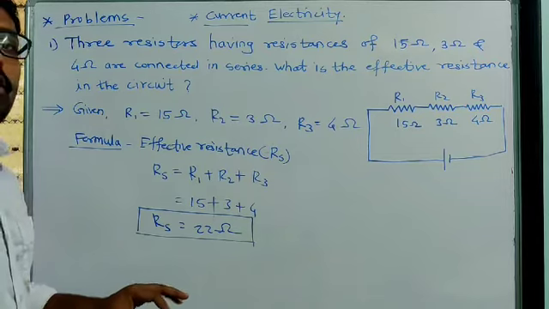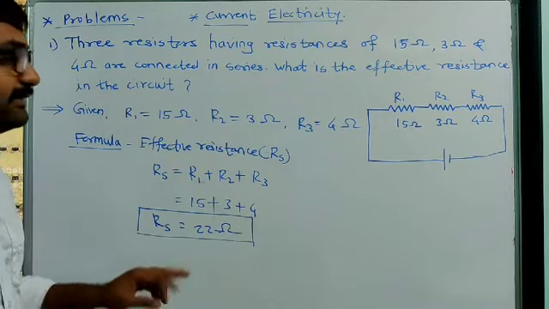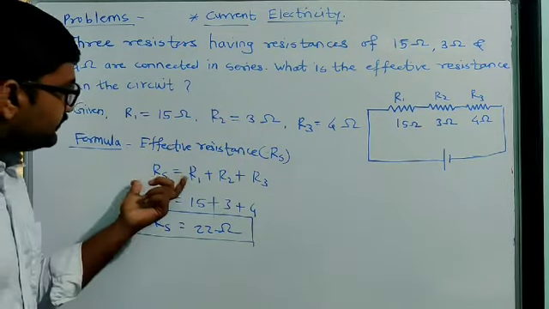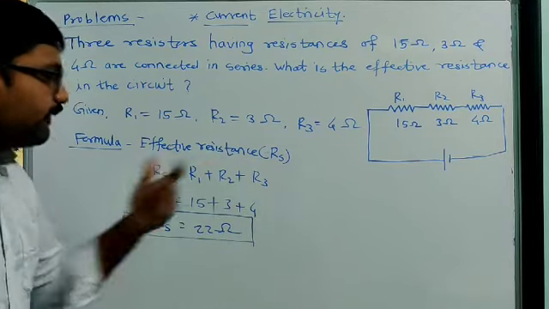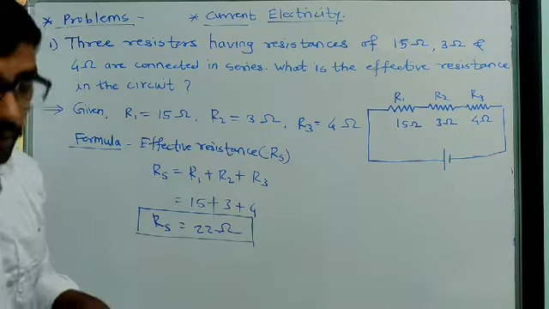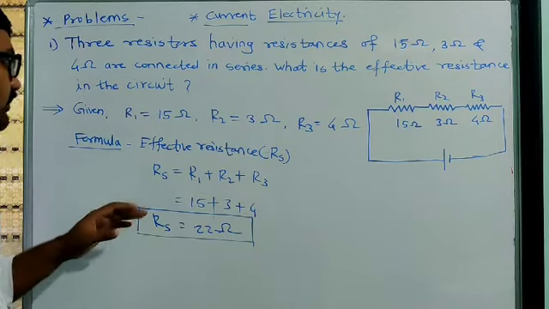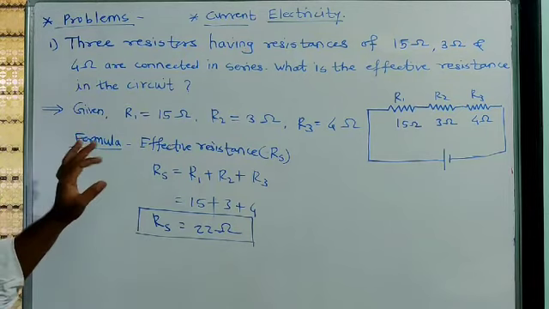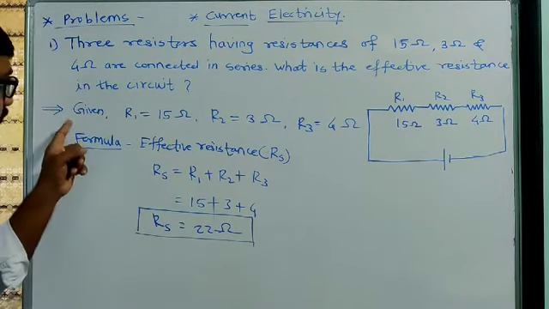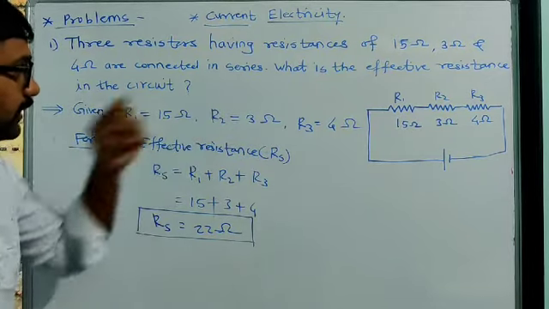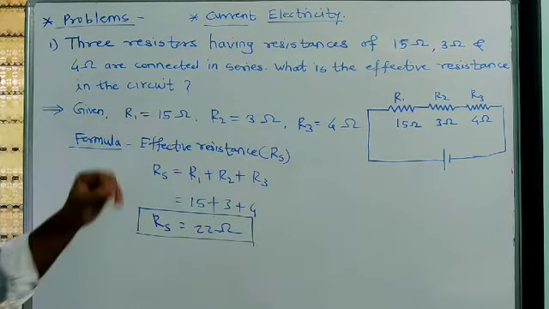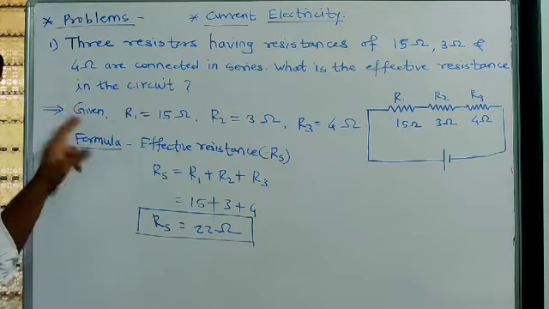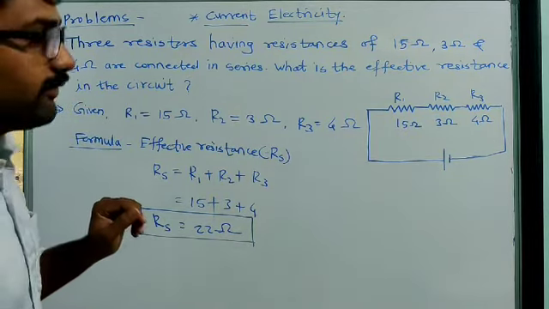We know if two or more resistors are connected in series, at that time their equivalent resistance is nothing but the addition of the resistance of each resistor. But when we are solving a problem, one thing we have to clearly note down. First we have to follow these steps, because these carry marks. First of all we have to always write the given quantities in the problem. In the given, they said only 3 resistors are given here, so we have to write down the values of the 3 resistors.